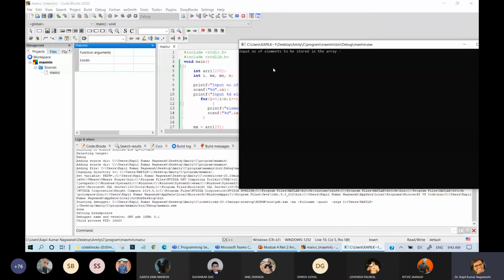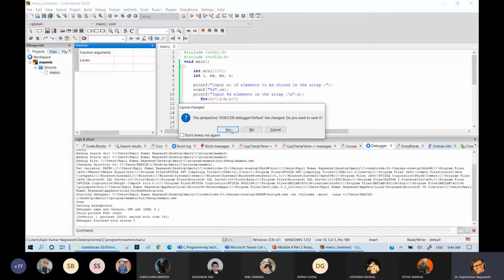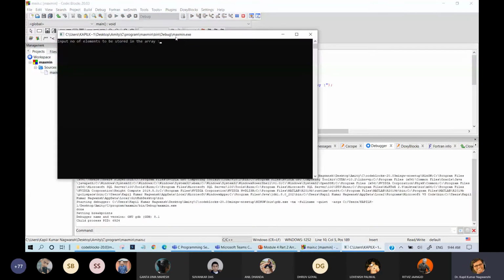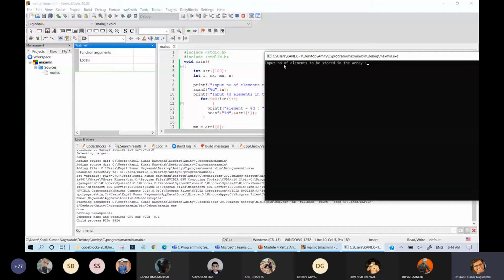So this is watch. Now let us write. Okay, so input 5. I had written 5 and then press here. So now suppose element 0 is 45, 34, 44, 33, 65. Yes, I had represented. Now, once again, I am going to this debug window. So this debug will show you the step by step process.